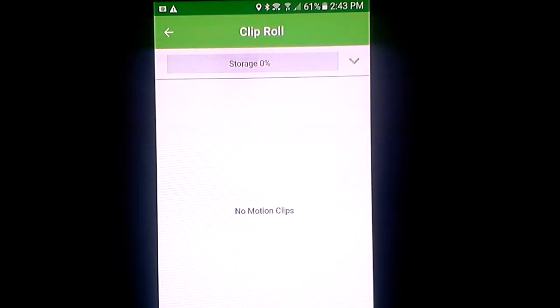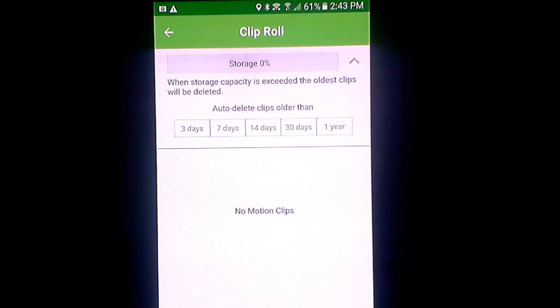Okay? Now, as you can see, they added a storage bar that lets you know how much room you have left from the free storage that they give you. And on top of that, if you push this little arrow that goes up and down, you can auto delete the clips. So you can say, I want to delete them every 3 days, every 7 days, every 14 days, every 30 days, or every year. Now, I've known people who have clips as far back as a year, because they don't like to delete anything. I'm the type of person that I know what it is, so I can delete it, but for you people who don't,